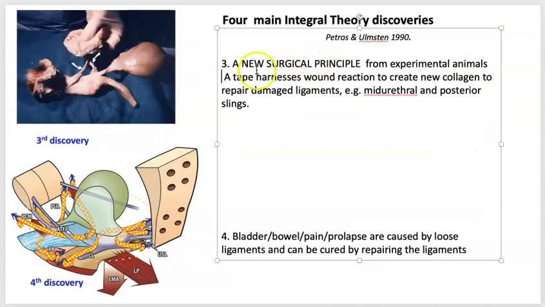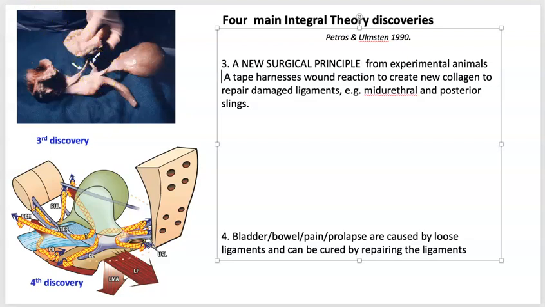The third discovery was a new surgical principle from experimental animals. So a tape harnesses the wound reaction to create new collagen to repair damaged ligaments, for instance, a midurethral and posterior slings. If you look over here, here is the vulva of the animal, the vagina, the bladder, the uterus, and the tape caused, which was removed at 6 to 12 weeks, creates very good